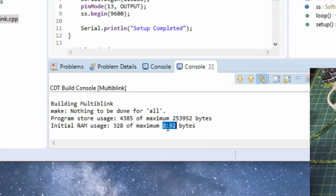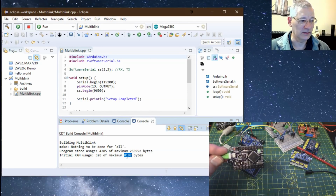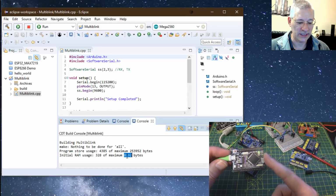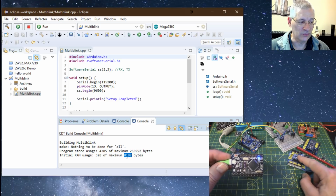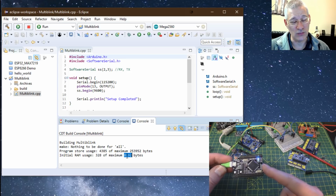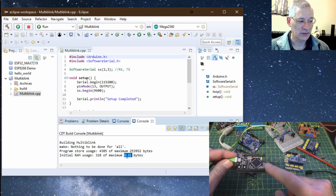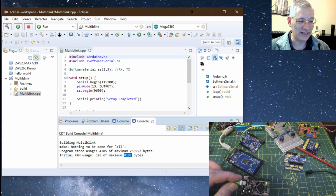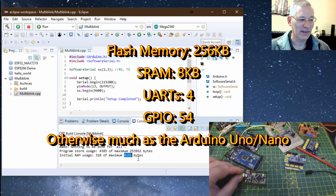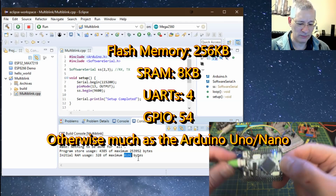Much bigger than the Arduino, and as I say, because the size is even smaller than the Arduino, the only thing that stops me using this permanently for all my sketches that I currently use a Nano for is the price, because whilst it's not, I would say, expensive, it's all relative, isn't it? And you can probably get 2 or 3 Nanos for the price of this, but then we are getting 2 or 3 times the memory and everything else, aren't we? So food for thought. I'm probably going to look into this board a little bit more, but I'm currently looking into the